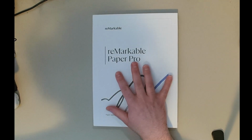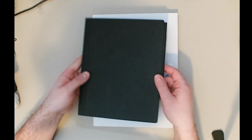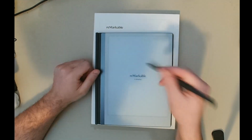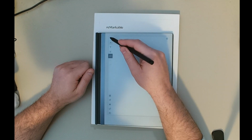This is an unboxing of the Remarkable Paper Pro. I'm actually already an owner of the Remarkable 2. It's a pretty handy device. I've really enjoyed using it. The process of writing on this feels very natural,